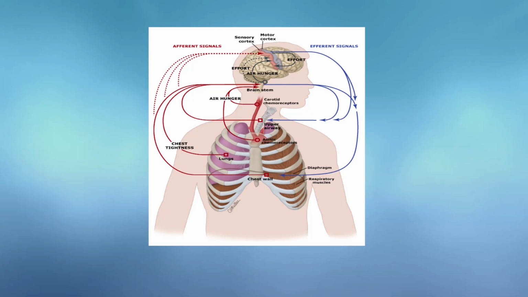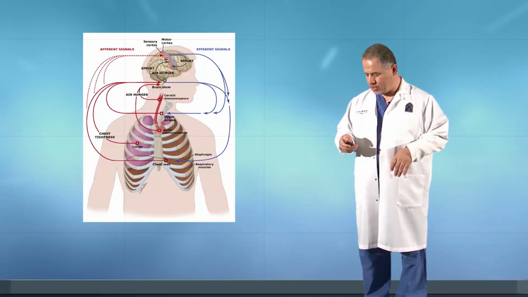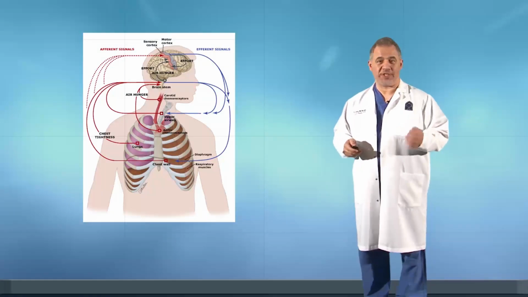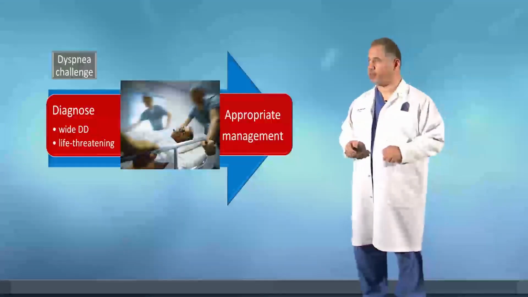And when your muscles have to work hard to overcome a resistance, like an obstruction in asthma or COPD, or to open up a stiff lung or pleura in fibrotic diseases or pulmonary congestion or CHF, now the motor area is telling the sensory area also, hey, my guys are telling me that we are overworking for this process of breathing. So everything goes into the sensory cortex, and just being aware that you have to work hard, doing something extra to complete that breathing cycle, is what is called dyspnea. I hope you have a good understanding now of what dyspnea is. Now, the rest is easy if you understand pathophysiology.